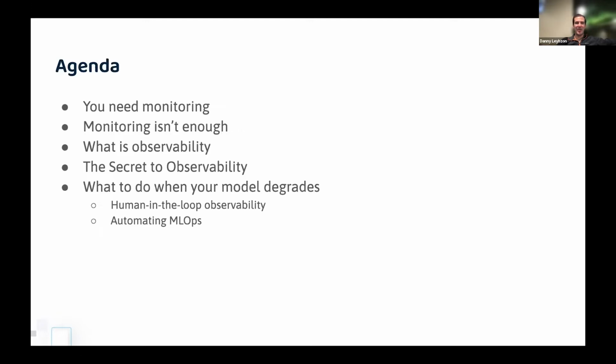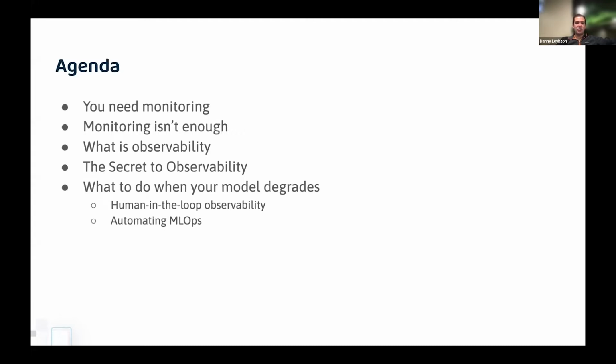And I say this with a little bit of a wry smile on my face because our friends over in the DevOps world have actually known what's required for observability for years now. And we in the MLOps world are really just looking over their shoulder and starting to figure out what it is that we can do in order to enable observability within machine learning.